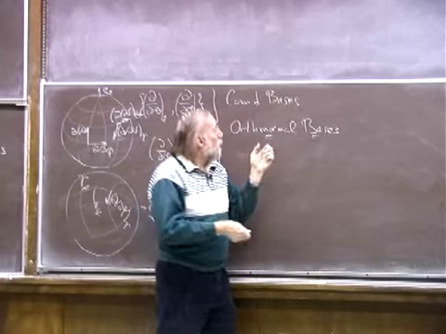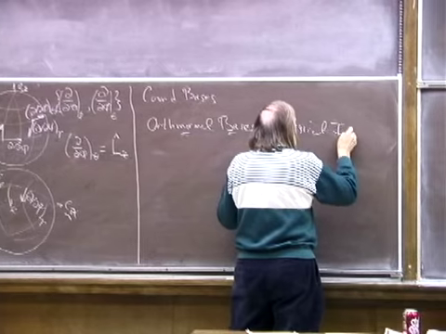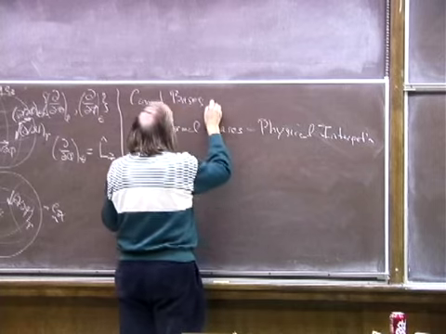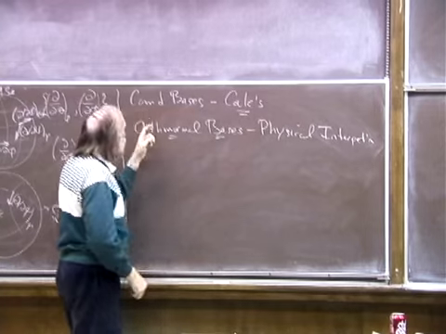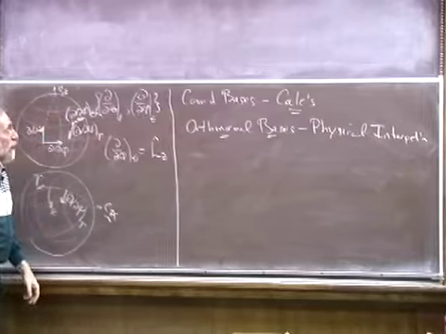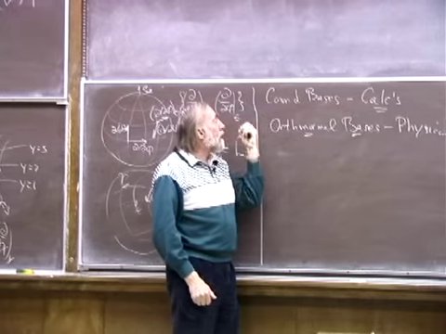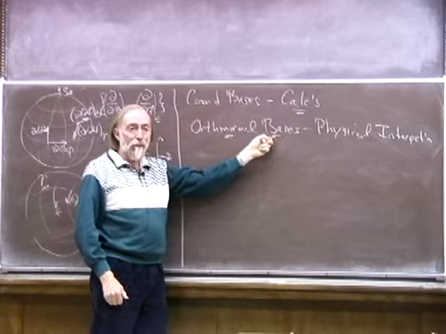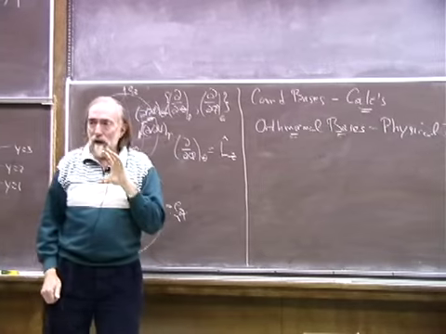And so for physical interpretation, we will always use orthonormal bases, but for calculations, we will always use coordinate bases. Well, not always, almost always. When you get sophisticated in general relativity, you find that, in fact, many calculations are done most nicely in orthonormal bases, in non-coordinate bases. But you have to be somewhat sophisticated in the subject to really use those well.